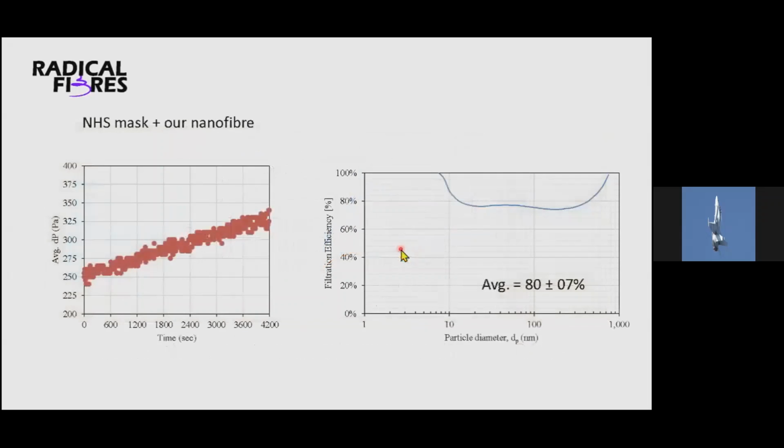And just having a single layer of nanofibers on the NHS mask, we have something around the 80% mark stopping the nanoparticles, particularly in this range where the coronavirus is around the 60 nanometer mark. Of course, what you learn very quickly is that the more efficient your filter is, the quicker it gets blocked up. When we look at the time and the pressure increase, and if you look at the medical standard, they always talk about pressure per unit area,